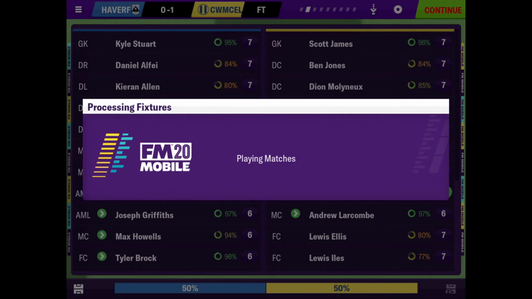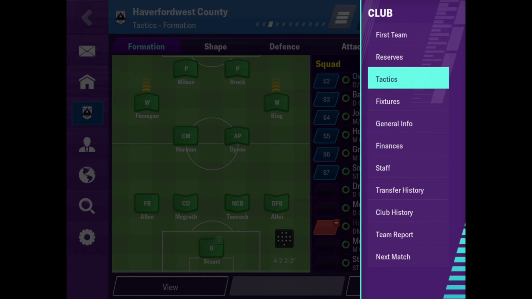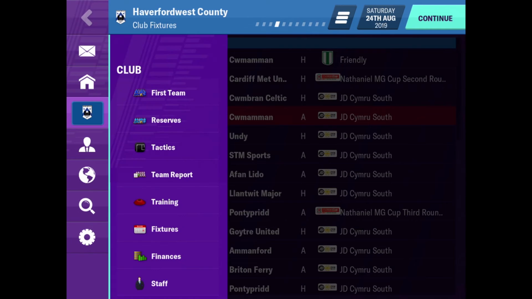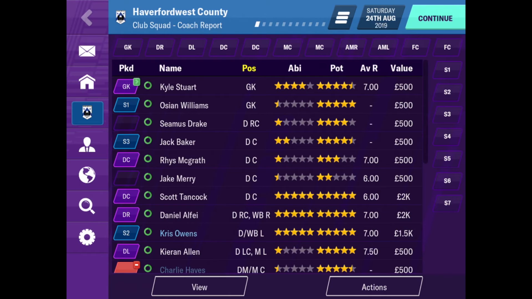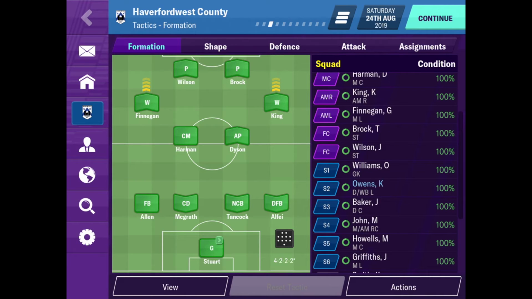1-0 to Celtic. Okay, so we are back with our second league game of the season against Cwmamman in the Welsh League. The team for that game is going to be as follows: Stewart in goal, back four, Allen, McGrath, Tannock and Alfie, Harmon and Dyson in midfield, Finnegan and King wide, Wilson and Brock up front. We have brought in